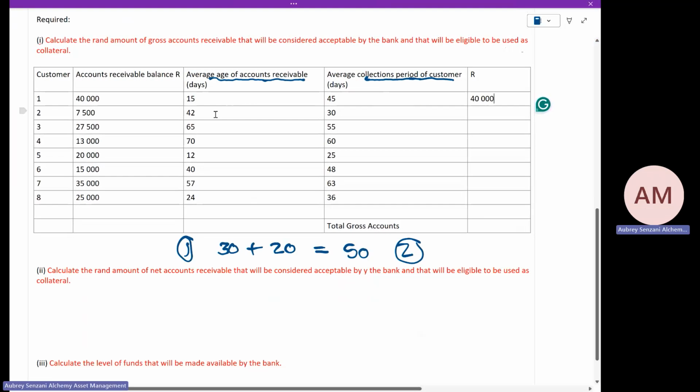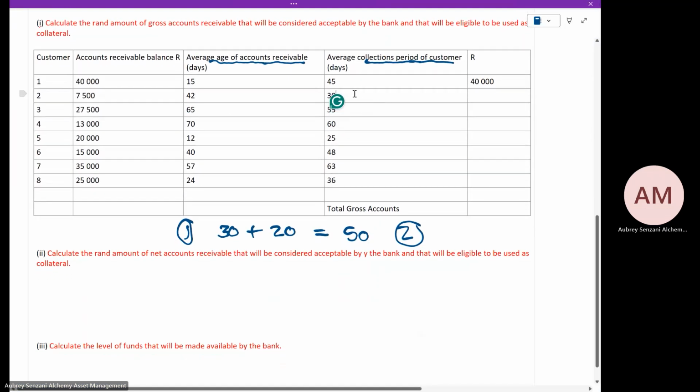Then we go to the next one. The average, is it below 50 days? Average age of the accounts receivable or receivable? It is, right? But what about it exceeds? It exceeds the collection period, isn't it? And so,